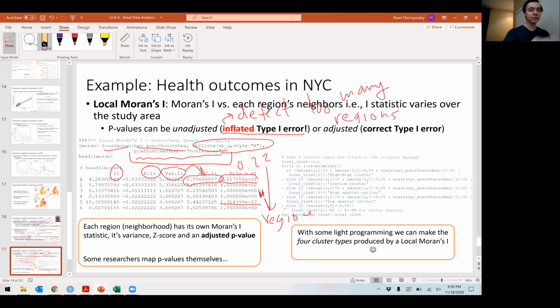Now, with a little bit of programming, and in software like ArcGIS, this will be done automatically, but we're not using ArcGIS, we're using R, and this is code that I have available. You can simply classify the significance and the value of the test statistic into one of the 4 clusters: high among high, low among low, high among low, low among high. And what people do